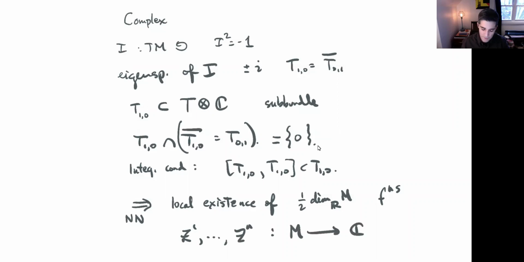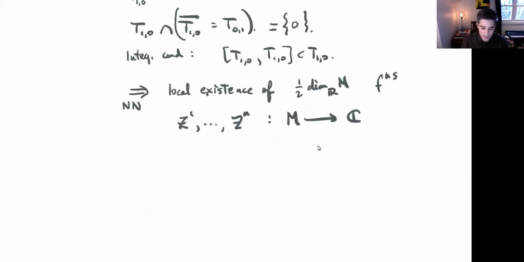They're complex valued functions, and they have the following property: that T star 10 is generated by the differentials of these n functions. So in other words,